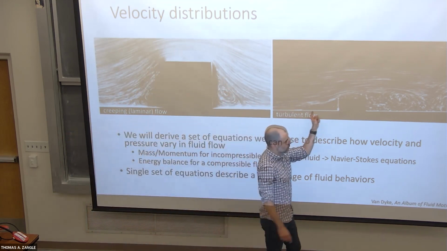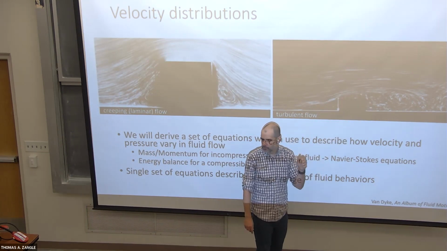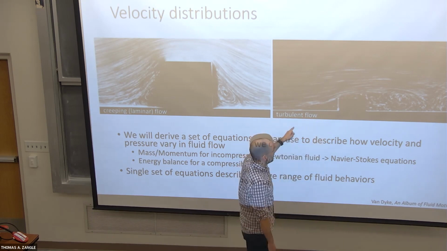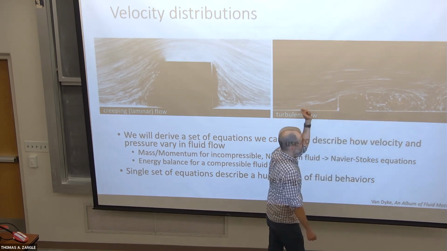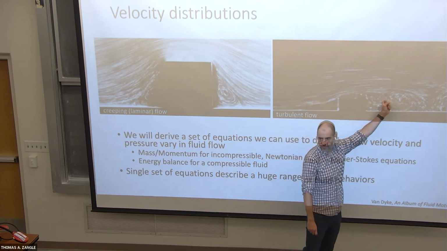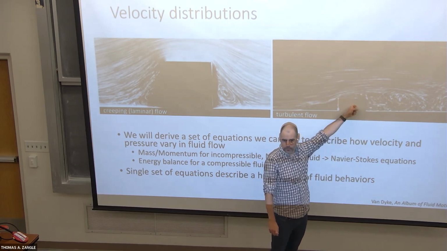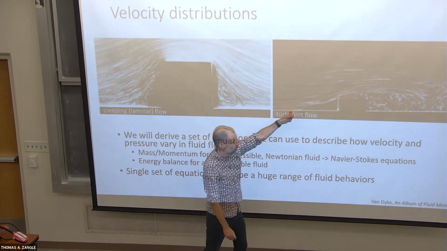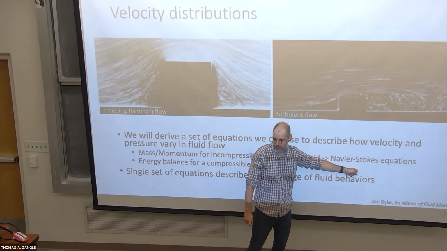But so is this. This is flow again over a block from left to right, now at higher speed. We've turned up the velocity of the flow within our test system, and now we're seeing turbulence occurring downstream of the block. This is definitely asymmetric, right? We do not see the same thing on the left as we do on the right. This has important implications for how we understand the forces, for example, that are applied here. But this behavior, even though it's vastly different from the previous behavior, is described again by the same set of equations, the Navier-Stokes equations.